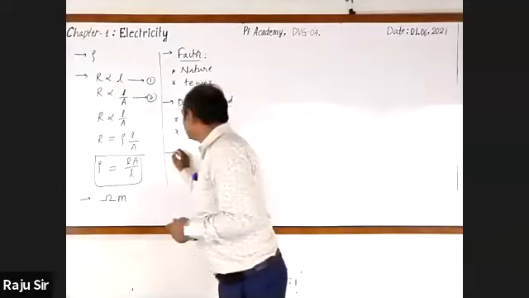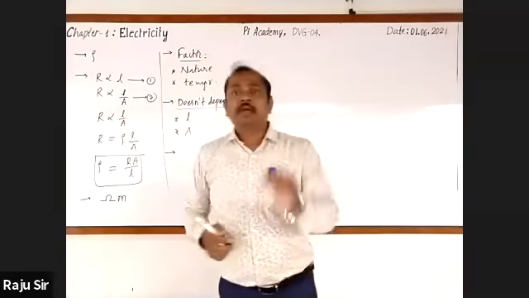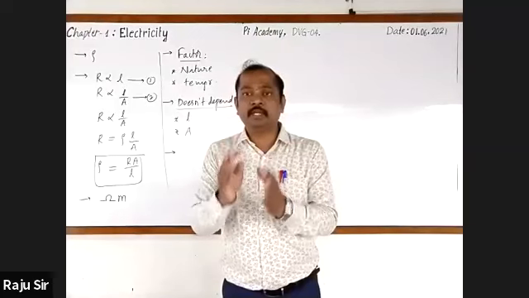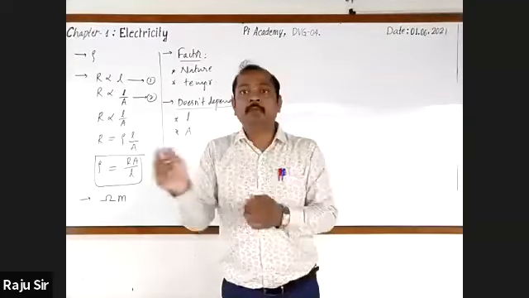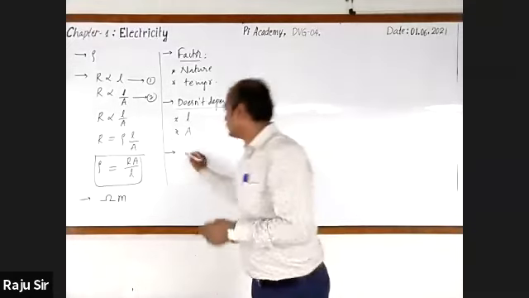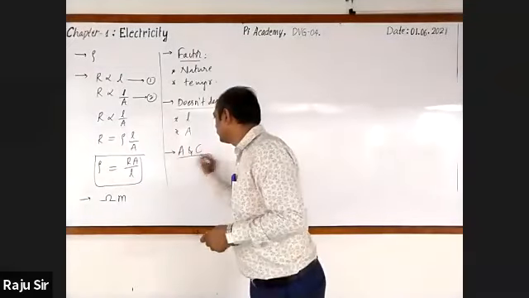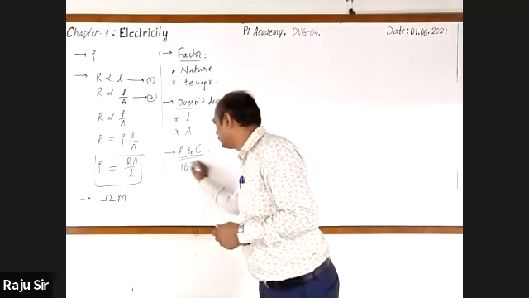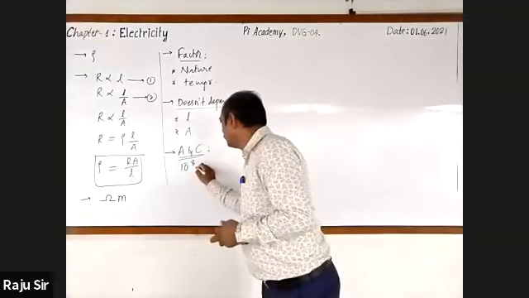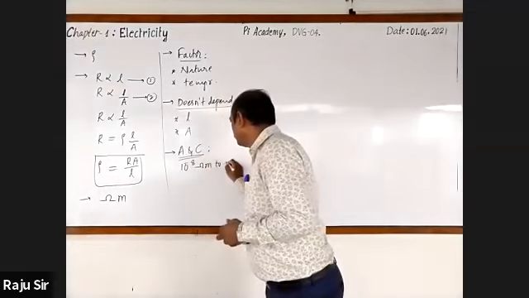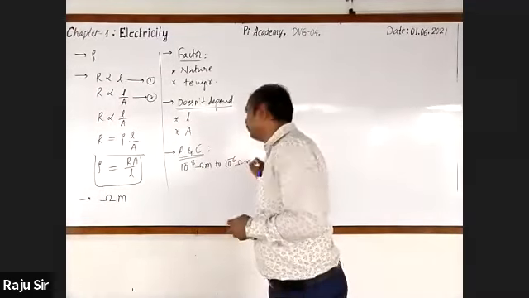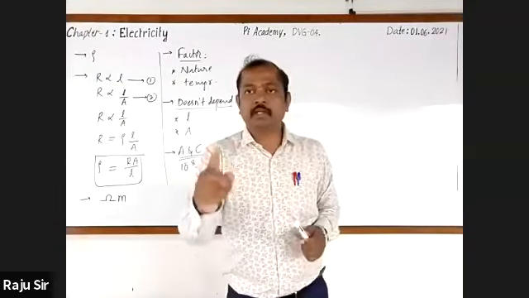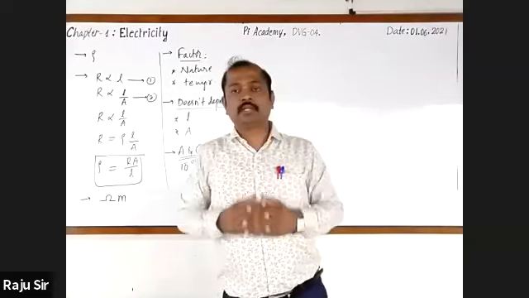Next, you also know that resistivity of a good conductor or an alloy can be expressed in a range. It is 10 raised to the power -8 ohm meter to 10 raised to the power -6 ohm meter. This is the range of resistivity of good conductors and alloys.